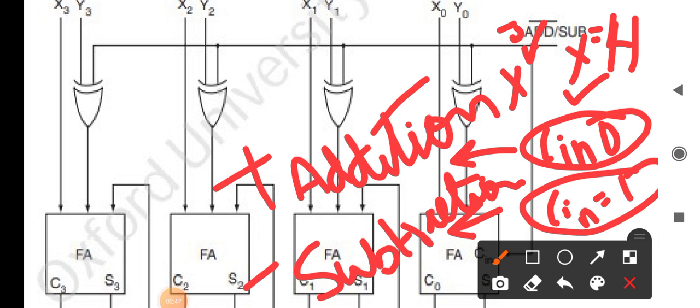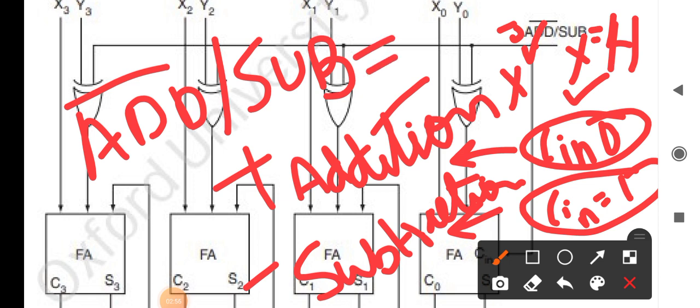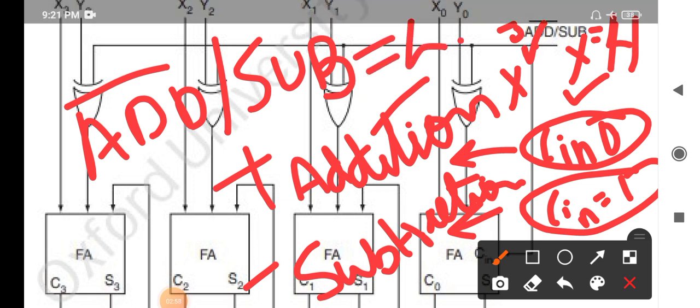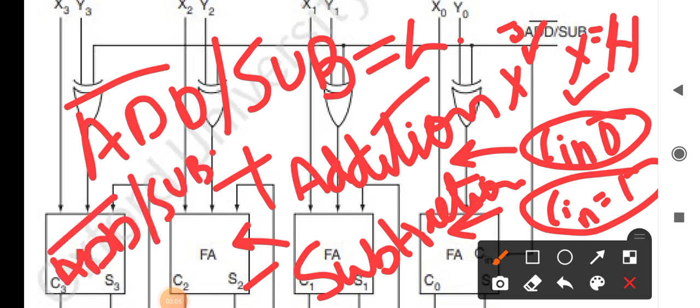So if you want to perform addition, the add bar subtract line should be kept low. If you want to perform subtraction, this add bar subtract line should be kept high. Okay, fine.